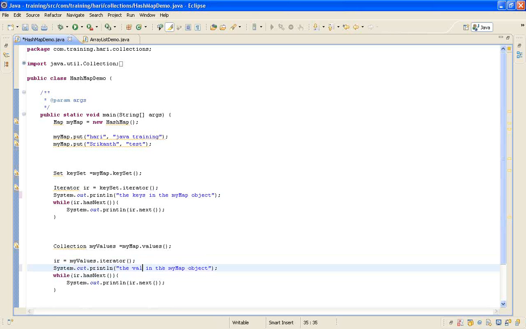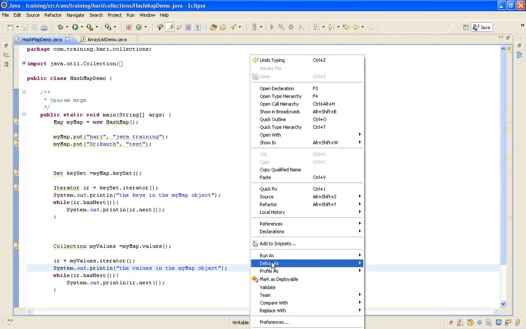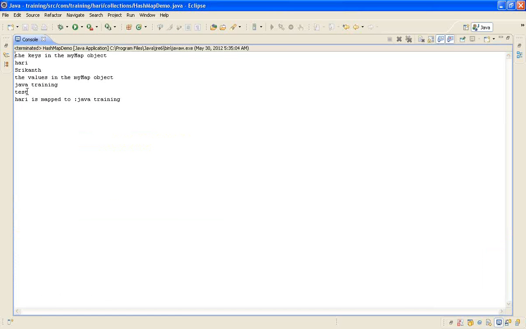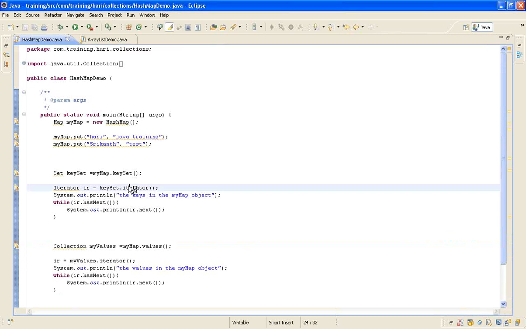Next, I'll ask you one question. The keys in the map are Hari and Srikanth. The values in my map are Java training and test, and Hari is mapped to Java training. That's because this value is there at the end. Okay, so now my question is that look at this line